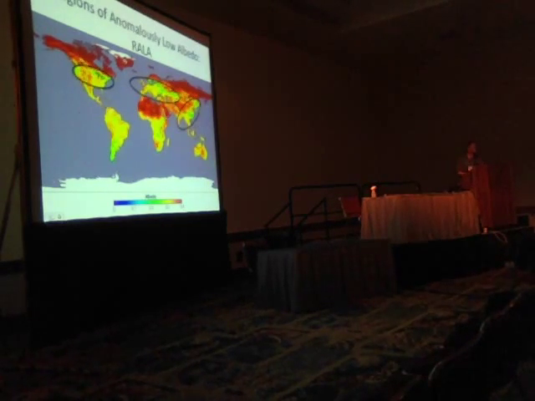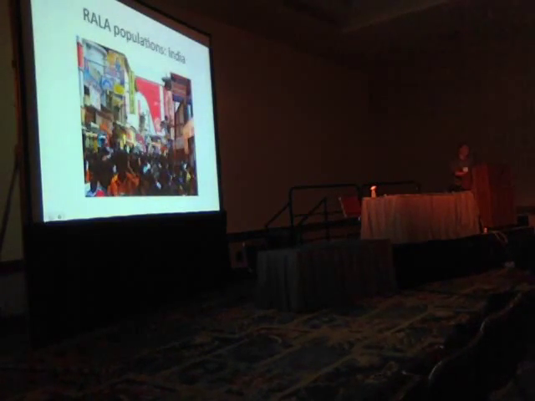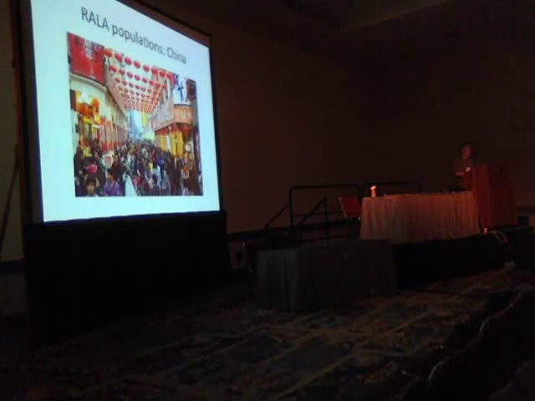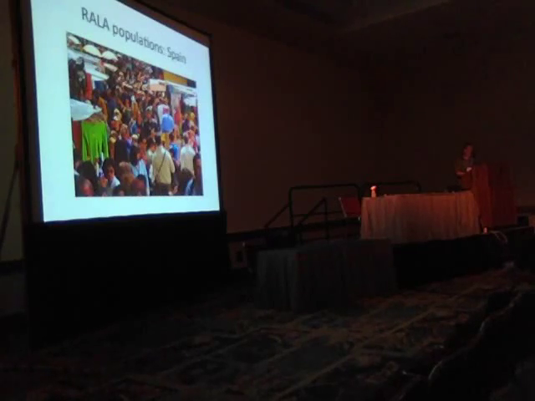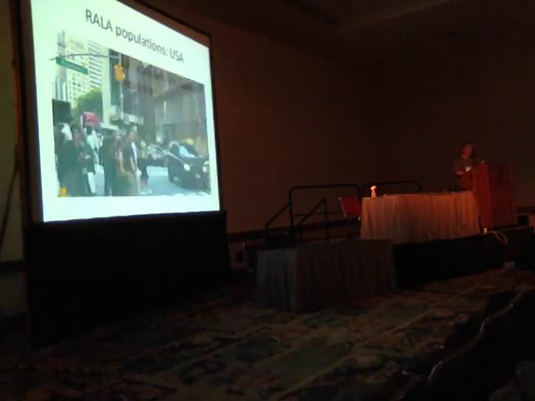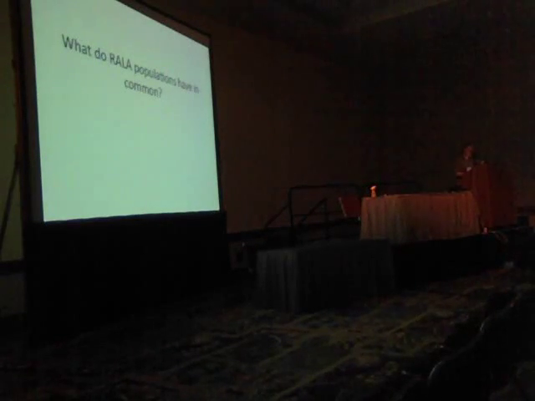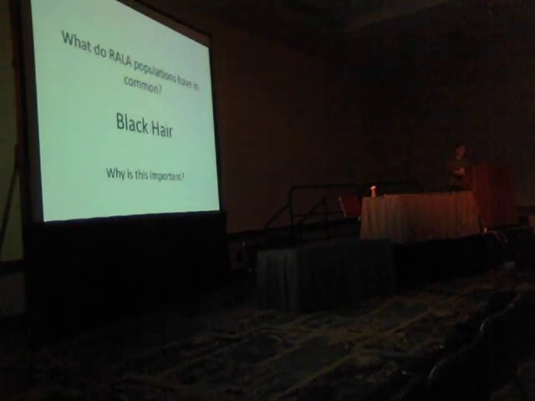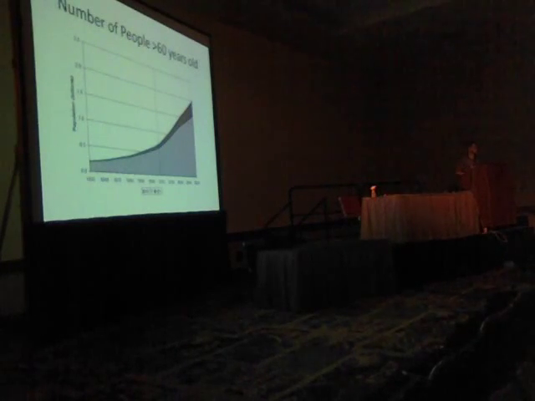So let's look at the populations of these RALA areas. So India, here's a typical street scene in India, China, Spain, and here's the US. This is an intersection down in New York. So what's common about all these RALA populations? Well, you and I both know the issue is that they all have black hair. Why does that matter? Well, if you look at the number of people